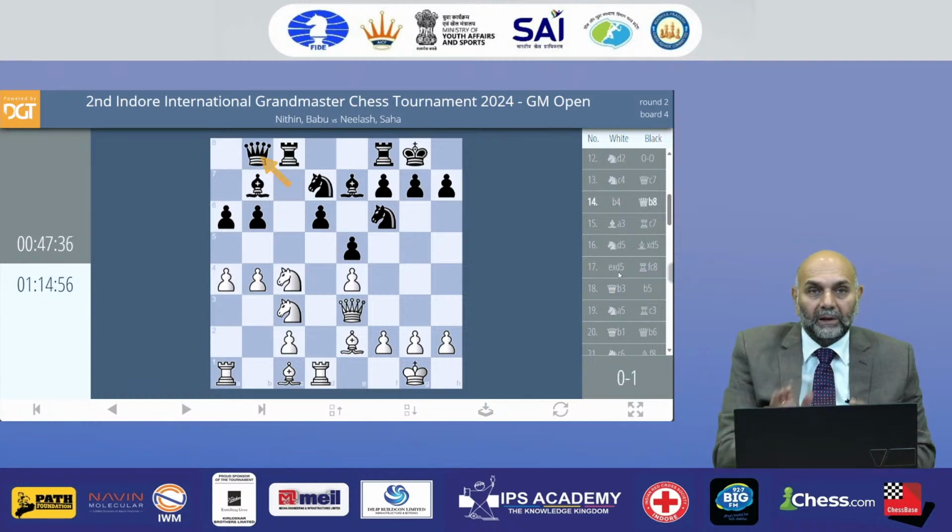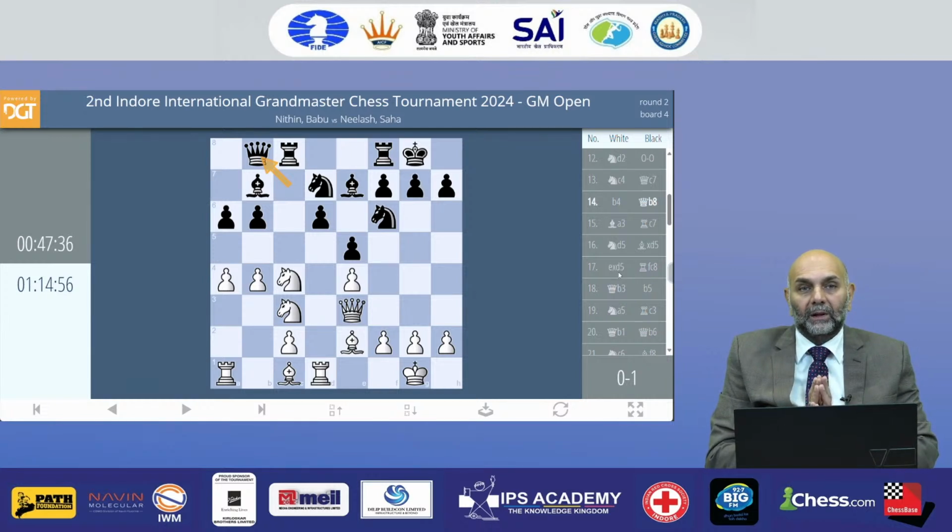Black plays, look at this position. Black is simply building the position, and white is trying to do something which is actually resulting in weakening of the position. So now